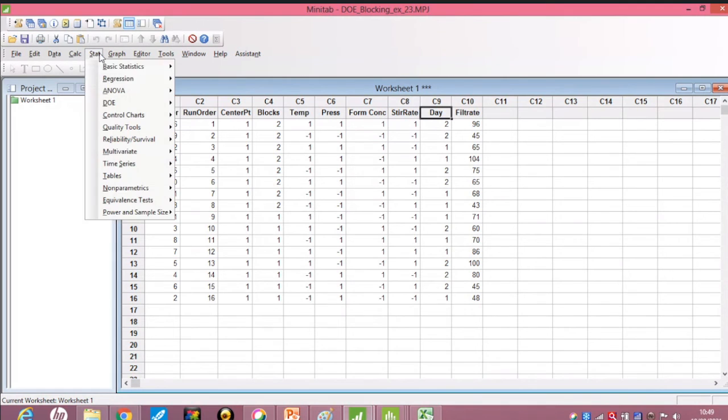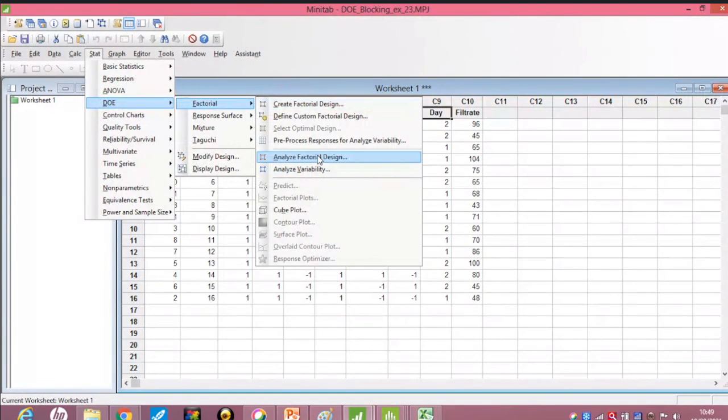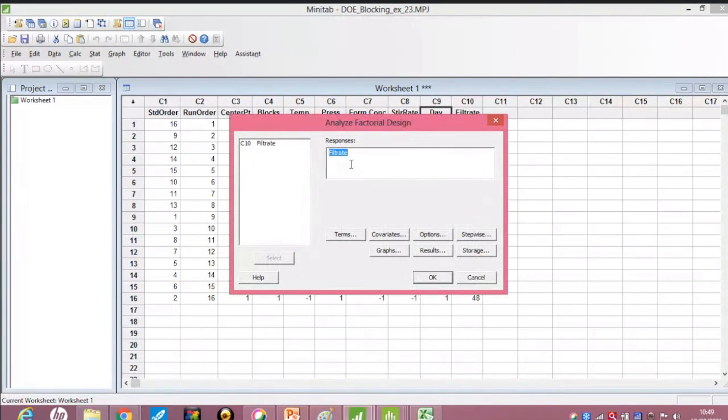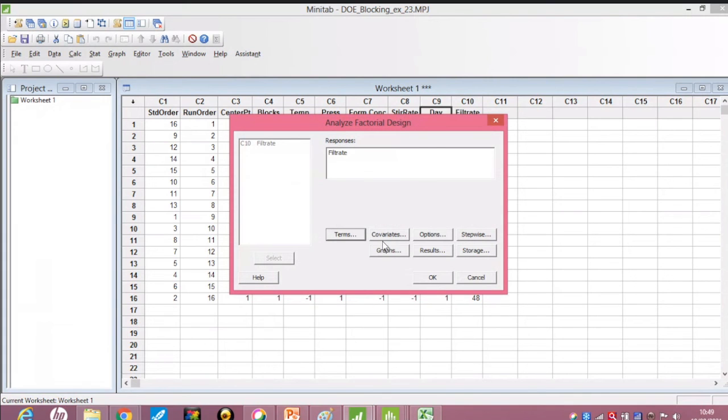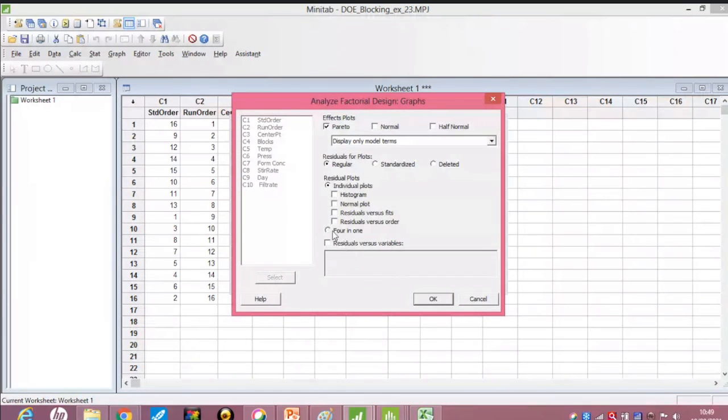If you go to Stat, DOE, Factorial, and Analyze Factorial Design, the filtrate is the response, and we are considering temperature, pressure, and day, and all the interactions like AB, AC. We go to Graphs, Pareto 4-in-1.